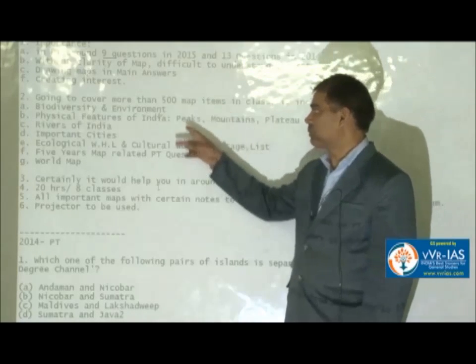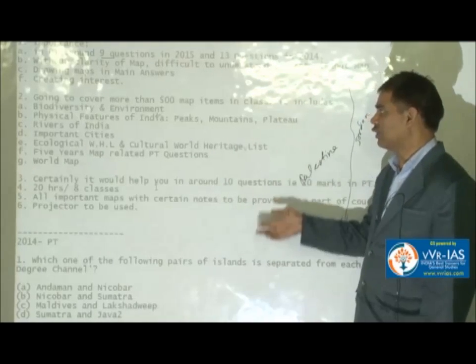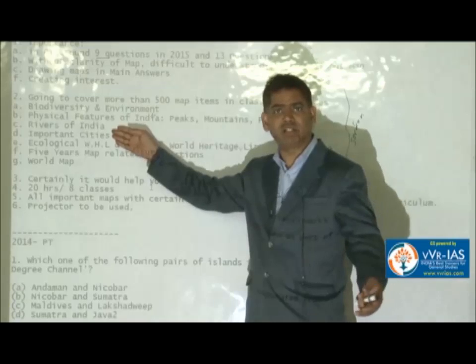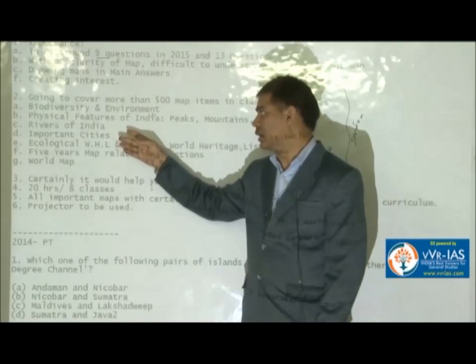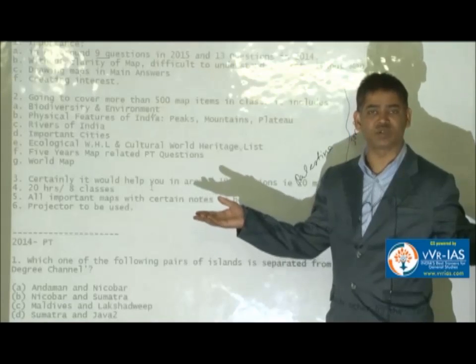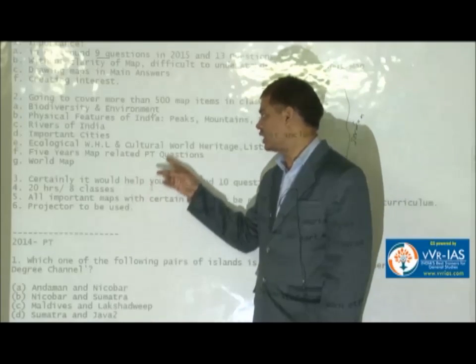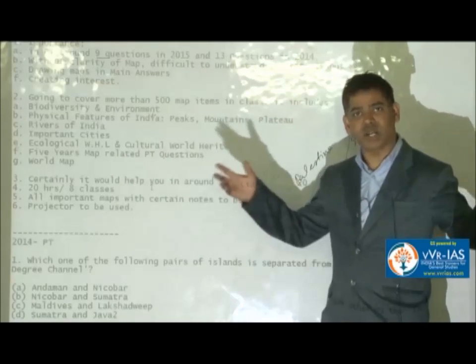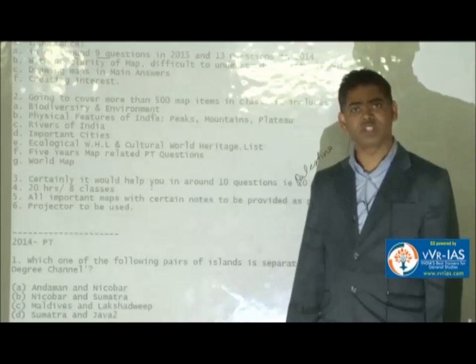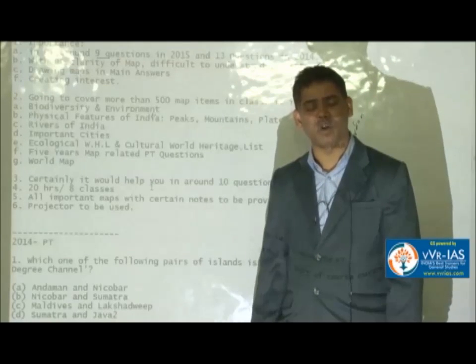After that, physical features, that is the peaks, mountains, plateaus, and the different rivers of India, North India, peninsular India, and the important cities of India in all respects: the cultural city, the historical city, the smart city, etc. Ecological World Heritage List and Cultural World Heritage List, whatever the different sites of India